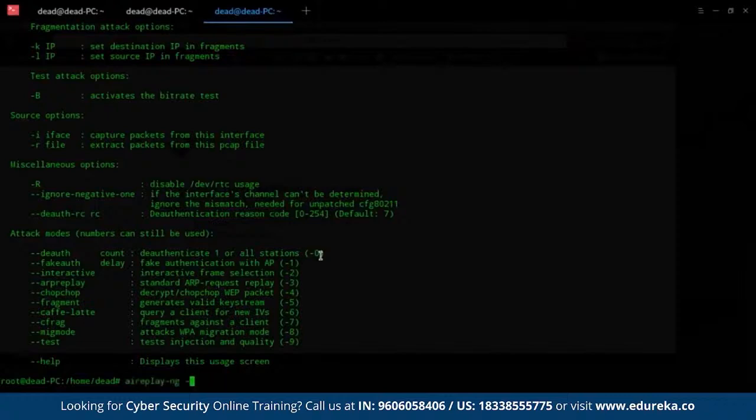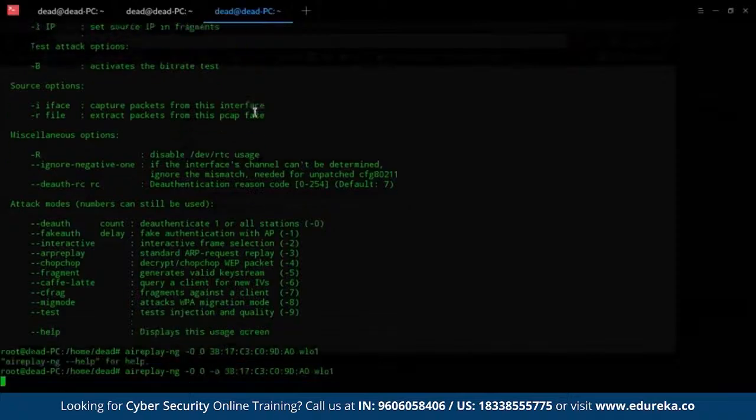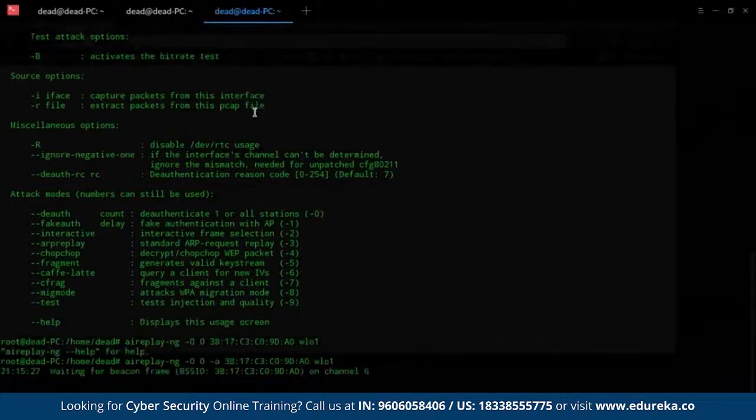Then we say 0 again because we want to constantly send a broadcast of deauthentication. So it's looping basically, and until and unless we stop the scan, nobody will actually be able to access the Wi-Fi. So it's basically like a small DoS attack. Then we want to specify the BSS ID. Okay, so it seems like I forgot the -a tag before the BSS ID, and that should get it working.